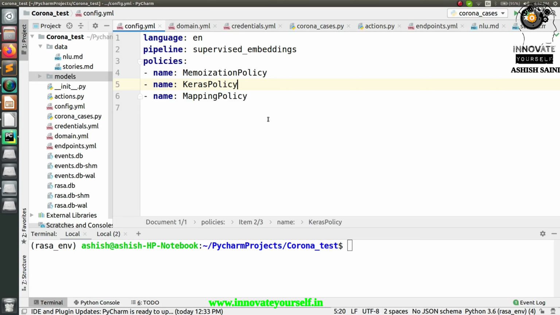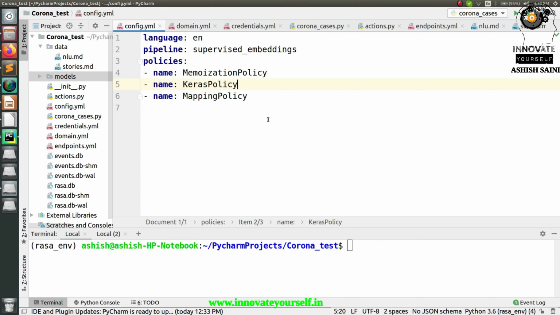For the first case, which is to check the live update, I will simply write a text for my chatbot that I want to know the live status of the coronavirus cases. At the backend I'm going to call an API, or let's say use the web scraping concept, to fetch the data from a particular website, and accordingly I will display it in your Rasa chatbot. So the chatbot will reply with those numbers: this is the number of coronavirus cases for today, these are the number of recovered cases, and these are the number of deceased cases, right? So this is what exactly I'm going to show.